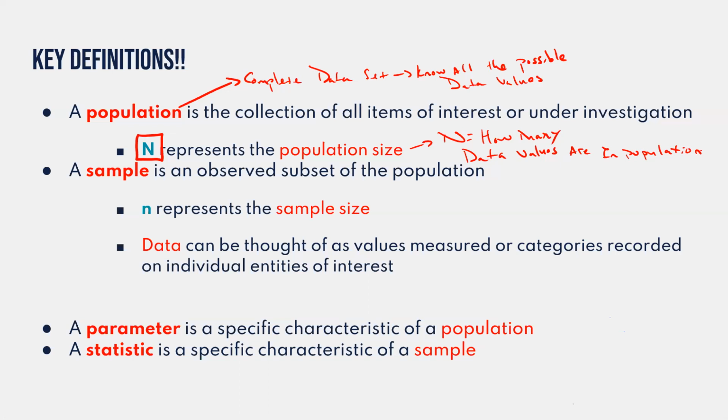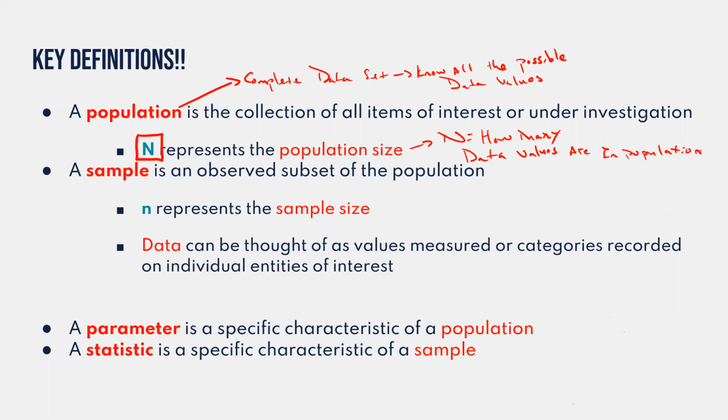In this class, we're actually not going to be working with population data that much at all. The reality is, you have all the complete information, so whatever the mean is of that population is the mean in general. But what you're going to notice in the real world is that oftentimes it's not even feasible to talk to everybody in a population.